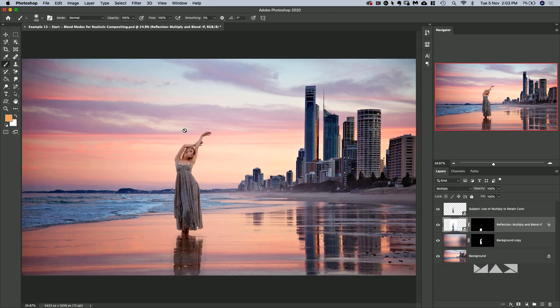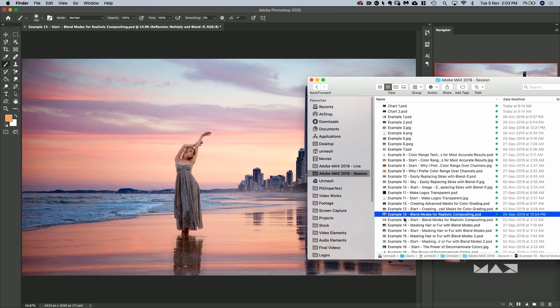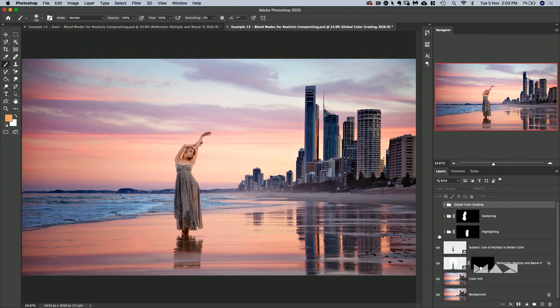Now, once you have done that, of course, you can take the time to add some highlights on the right-hand side, some shadows on the left-hand side to make it more realistic. I'm going to show you the final result. All right, there you go. In this case, what I have done is I have added some brightening on the right-hand side, just a simple curves adjustment layer with that mask, just a simple curves adjustment layer on the left-hand side,